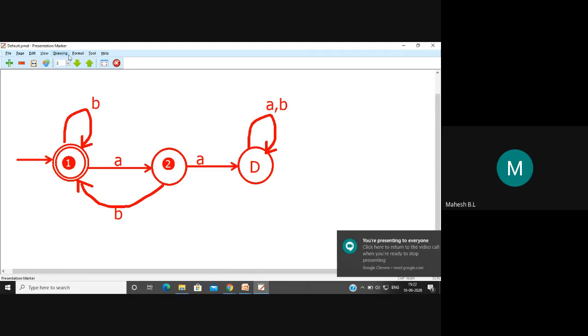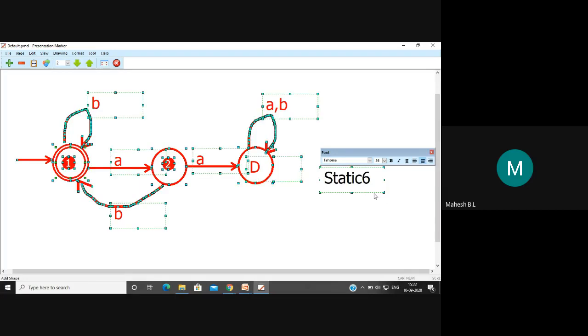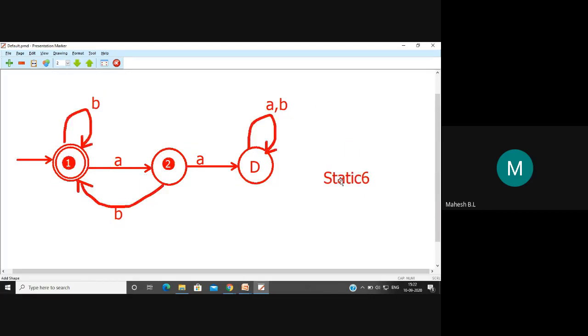Now let me consider a few examples. Let's consider one example, whether this belongs to the language. A string with only B's belongs to the language, because the condition is that A must be immediately followed by B. If A's are not there, it's okay. B's are there, so 0 or more B's can be accepted by this self loop. That's why this belongs to the language.